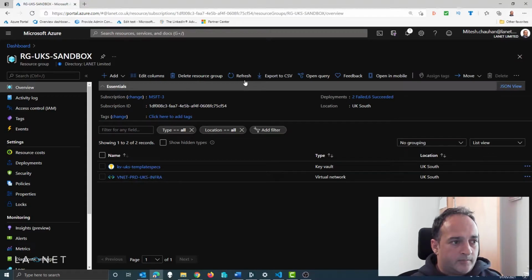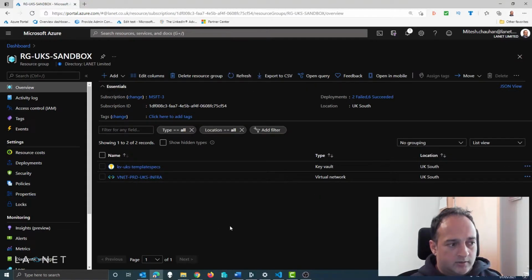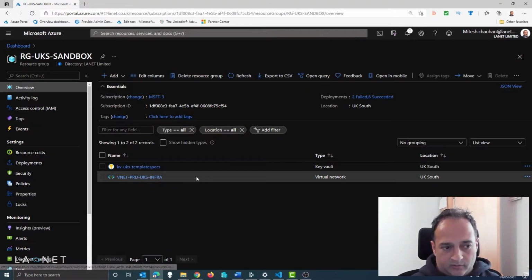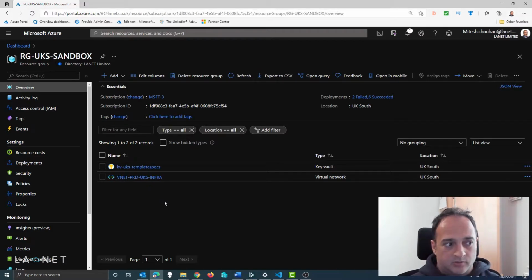When they do that, they'll see something in the portal, and we can see we've got a production network here. So we've got a network that already exists that we may want them to use. We may have a dev network in a different subscription and an entirely different resource group as well, obviously, because it's in a different subscription. So just wait for that to show, and I'll turn up in a second.